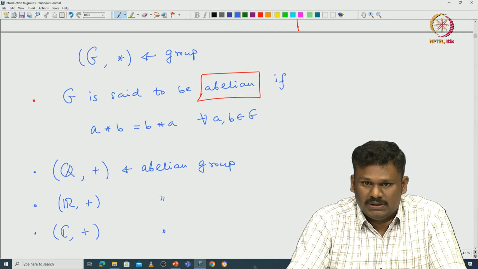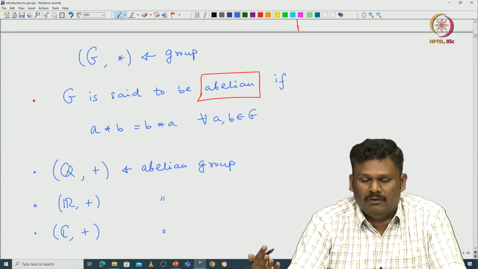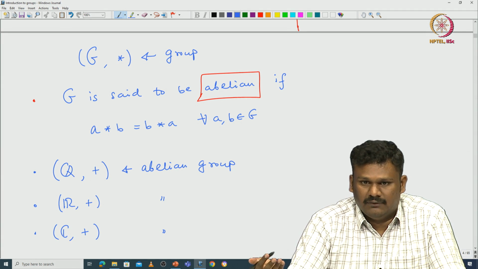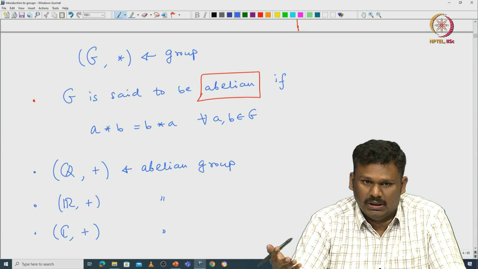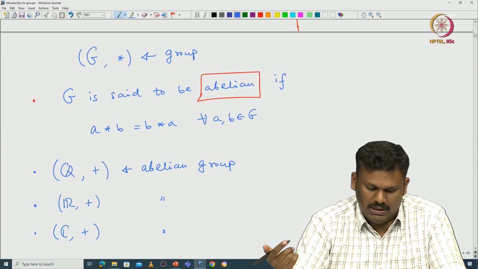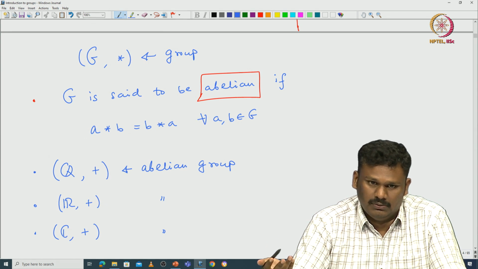Now consider the two groups that we have seen in our previous lectures: one is the set of all possible moves that you can perform on a Rubik's cube, and the other is the set of all symmetries of the ice crystal flake that we considered. Just try to see whether they are abelian groups or not. The answer is no, both of them are not abelian. I will leave it to you to check why. You have to find two possible moves such that applying M1 M2 is not the same as M2 M1. That is what you have to check.